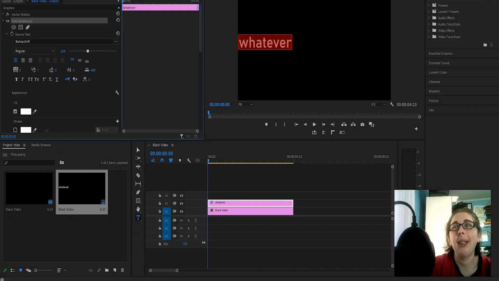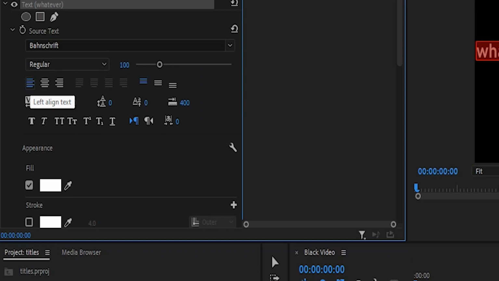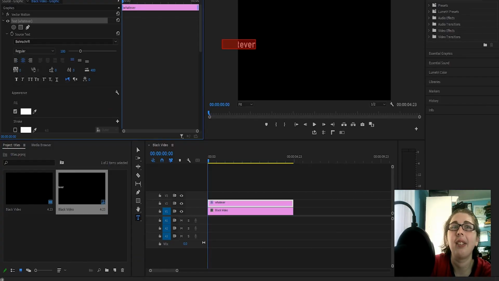Right now it's at 100, but if I bring it up, max is like 400, and lowest is 1. Or you can go here and type in what you want. I'm just gonna type in 100. And then over here, right now it's on the left, but if I click center, it goes to center, but